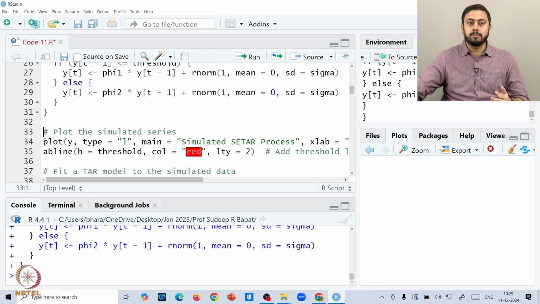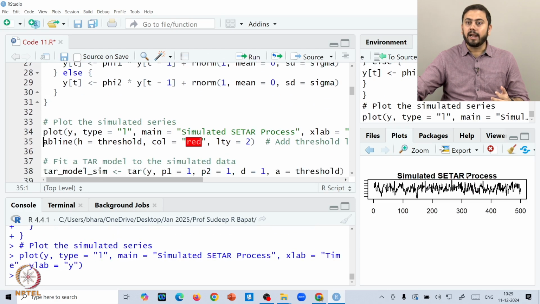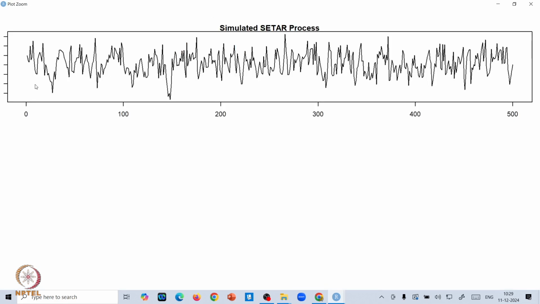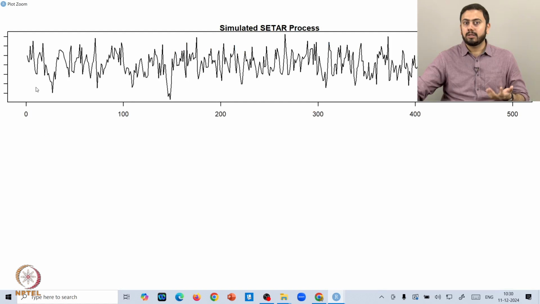The first plot would be the plot of the simulated SETAR process, which looks something like that. Okay. So, let me zoom in. This is exactly how the simulated SETAR process looks. This process is not a whole lot different from any of the other simulated processes we have seen, let us say in the last practical session or the one before that. One can't really differentiate a simulated SETAR process from any of the other AR processes. At the end of the day, it is a simulated process. One key characteristic could be that there could be some hidden non-linearities in the underlying data.